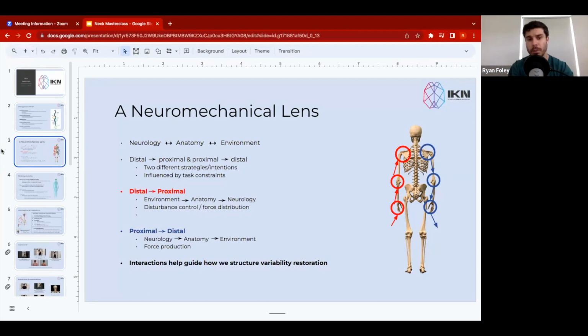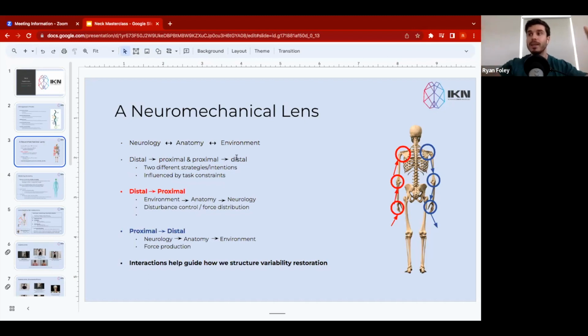Okay. So when we talk about distal to proximal and proximal to distal sequencing, this is really looking at the behavior of muscles and joints, but it's highlighted by the nature of the task. So when we're managing forces or handling forces, handling perturbations or disturbances from the external environment, because we're handling them from the external environment, that would represent more of a distal to proximal sequencing, where I want to build the